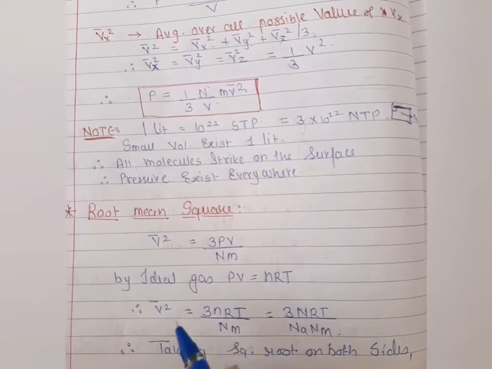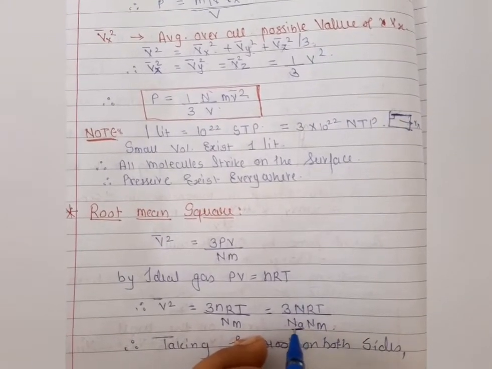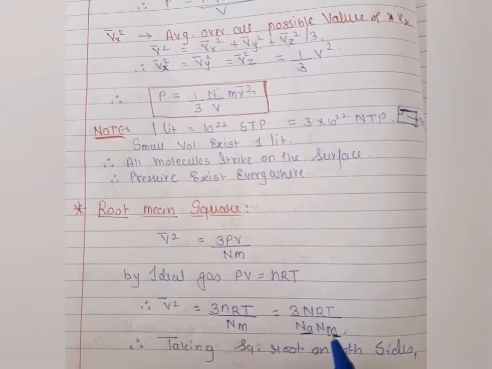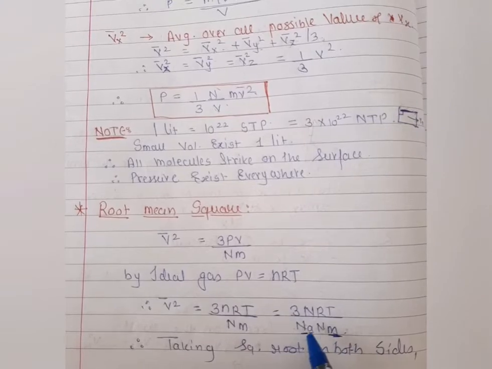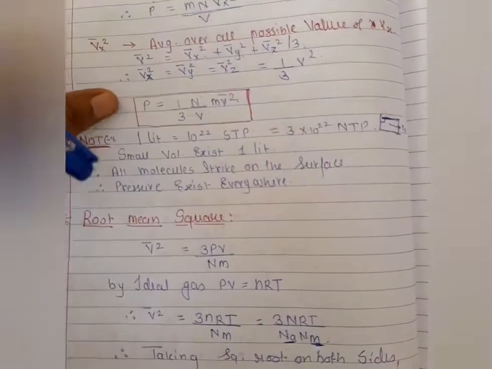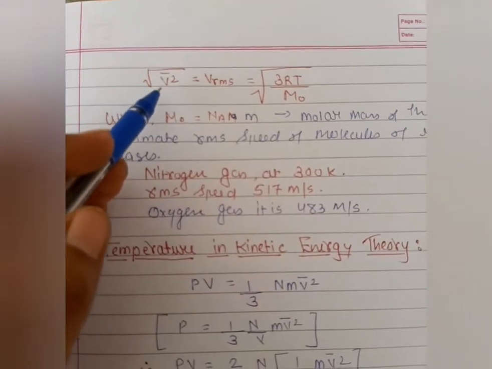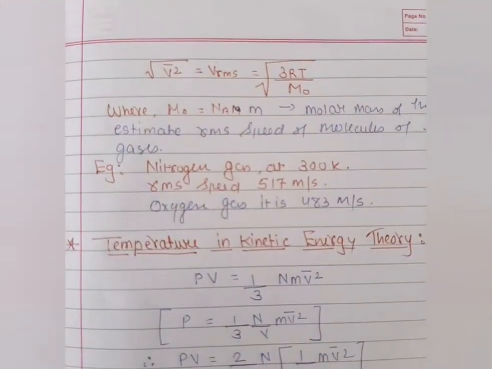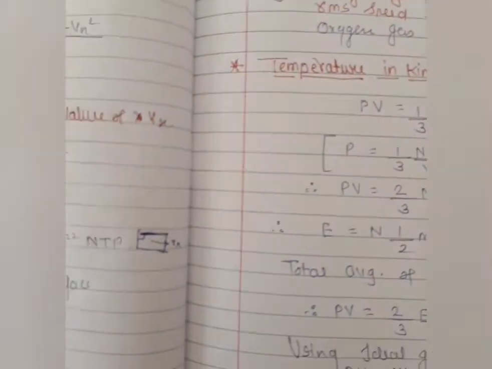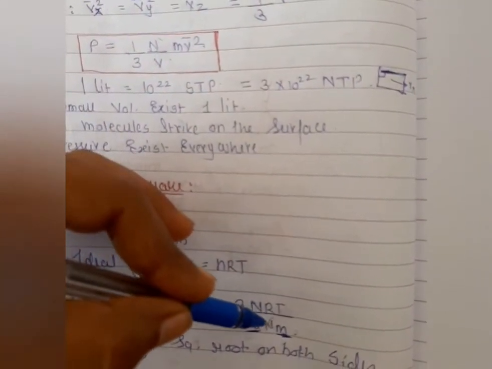Taking the square root of it, we note that N_A m is nothing but the molar mass of the gas molecule. So N_A m is the molar mass M of the gas, and n and N get cancelled out. So when we take the square root, we get v RMS, the root mean square, equal to root of 3 RT, because the n cancels out, and the n we took in 1 by n also cancels out.